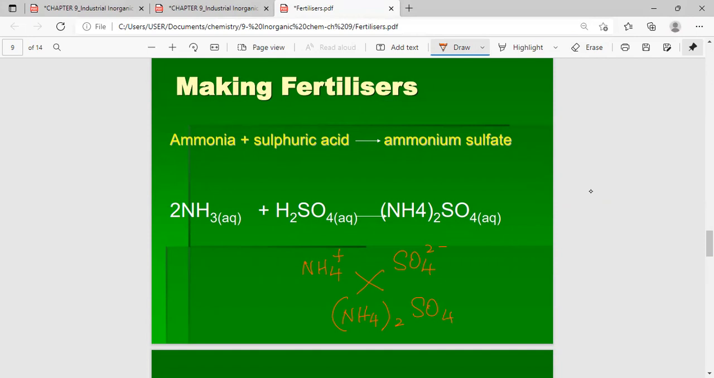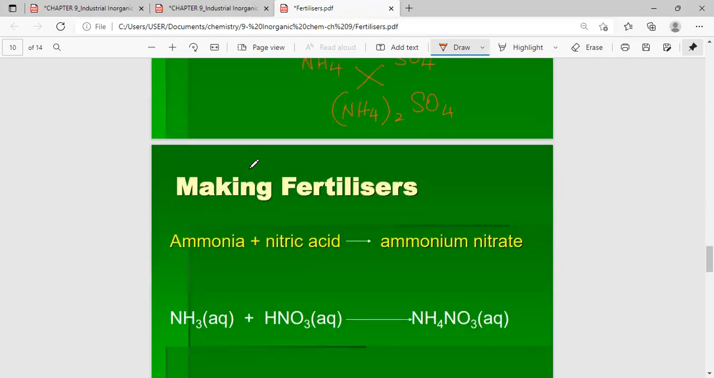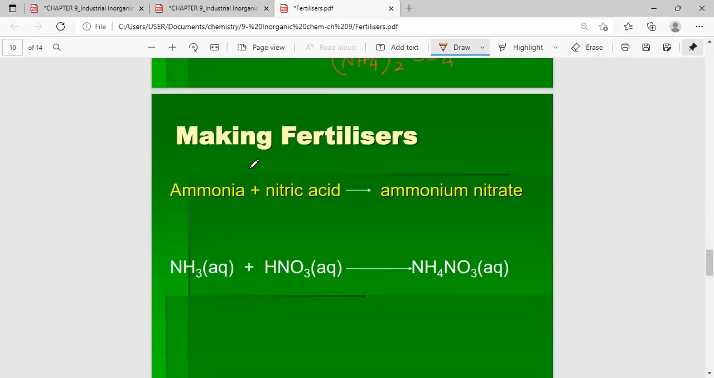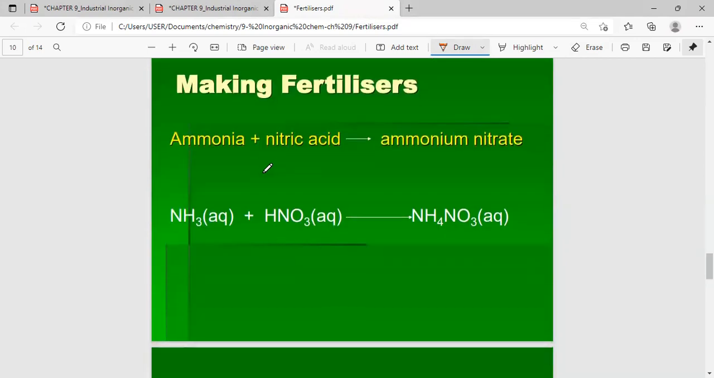Okay, (NH4)2SO4. That's for ammonium sulfate. And ammonium nitrate is also another example of a fertilizer. Ammonia plus nitric acid, you get ammonium nitrate. So ammonium again, NH4+ and NO3-, so it is NH4